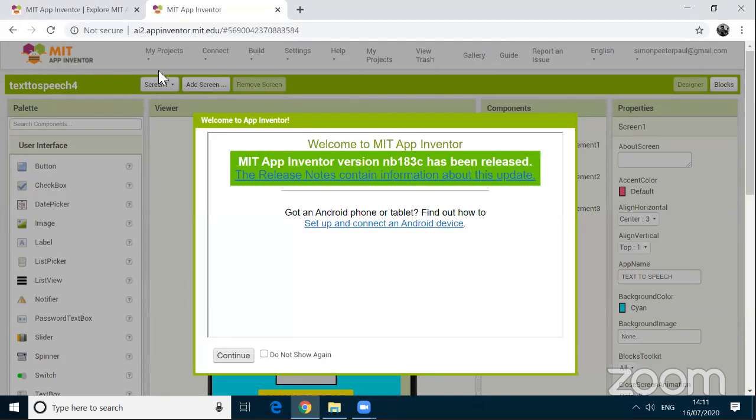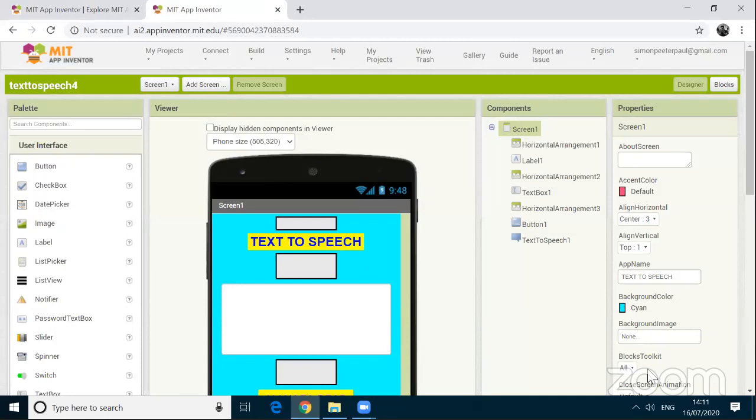After clicking on continue, you will be getting the screen like this. Since I have worked earlier, the screen is displayed here. You will be getting 4 panes that I will be explaining: palette, next one is viewer, third one is component, and fourth one is property. That I will be explaining shortly. Okay. Here on the top, you could see my projects, connect, build,